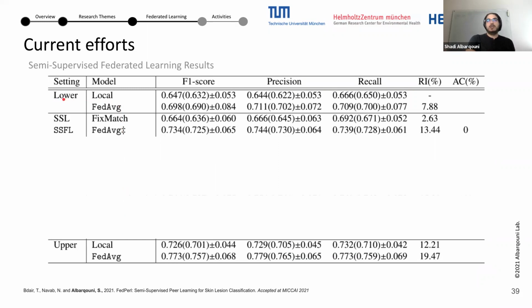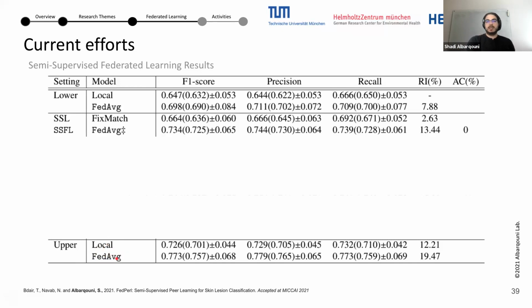Probably better to explain what the lower and upper bounds are. The lower bound is where we train either the local model or FedAvg only on the small portion of annotated data which is available. Most of these semi-supervised learning approaches leverage the unlabeled data available in these clients. For the upper bound model, we reveal the labels of the unlabeled data and train the models on all of it as annotated. And this is what we define as the upper bound model.